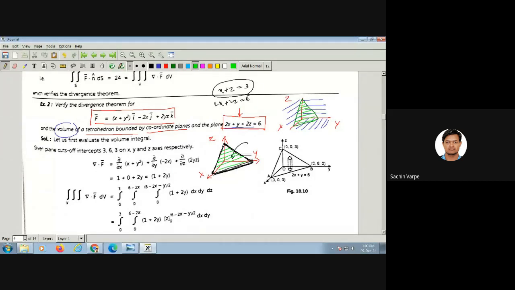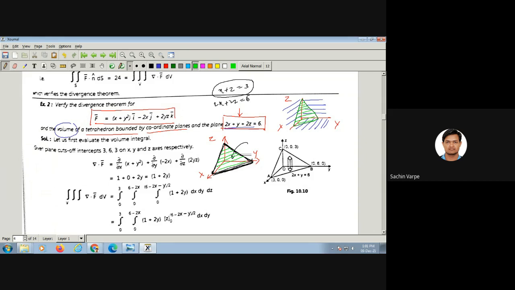Okay, so just like the last example we have seen, to evaluate the surface integral, double integral, we want the surface to be regular. That means there should not be any edge, because over the edge the function is not differentiable. So for that purpose, we break this surface into 4 regular surfaces.